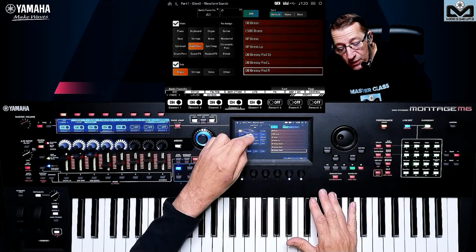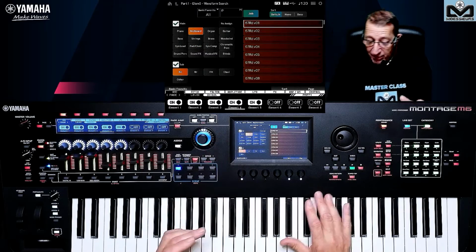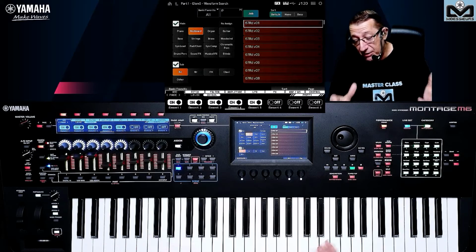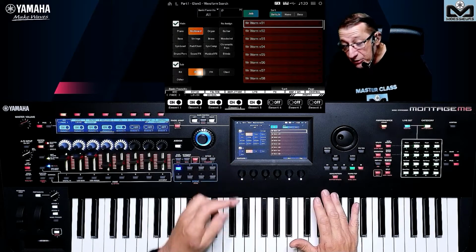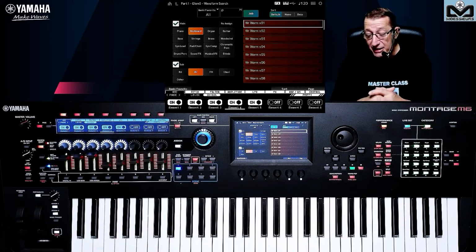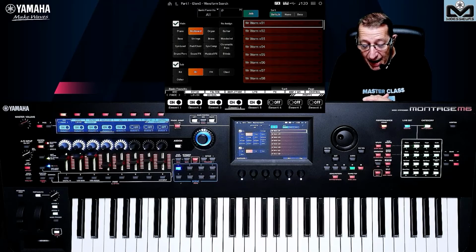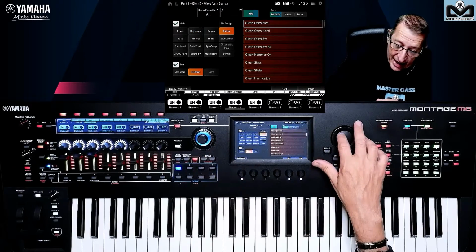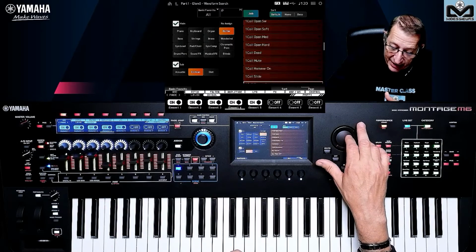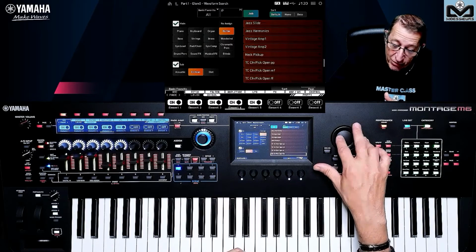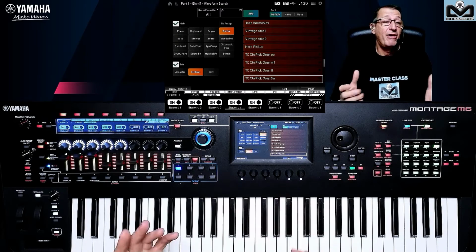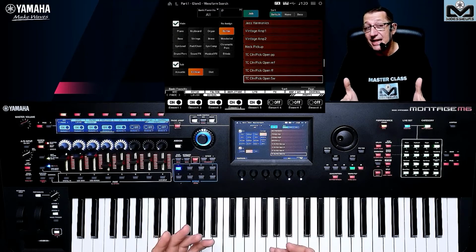If you go on the keyboards, you have the subcategory with RD. RD is a famous brand of electric piano, not electronic. And WR, one that Richard likes to play as an example. If you go on the guitars and on electric guitars, you have the clean, you have the 16, you have the jazz, and you have the TC. TC is a famous brand of guitar. So that's why you have this kind of name inside your Montage.